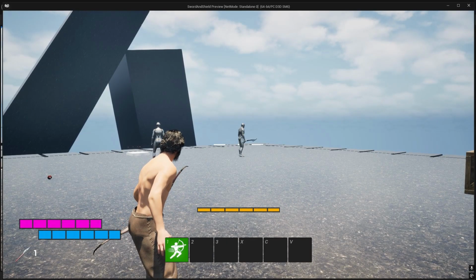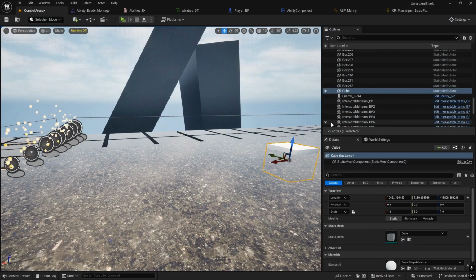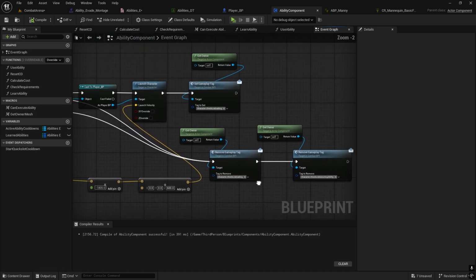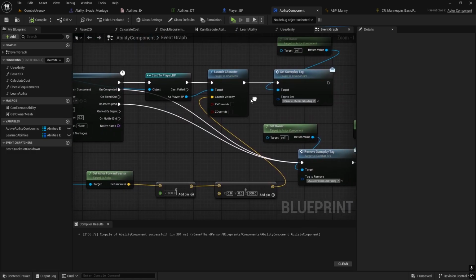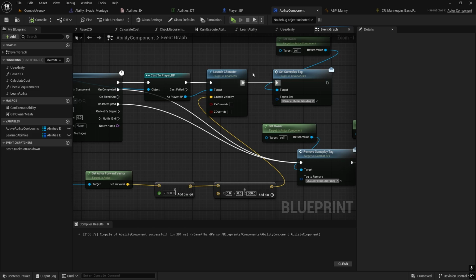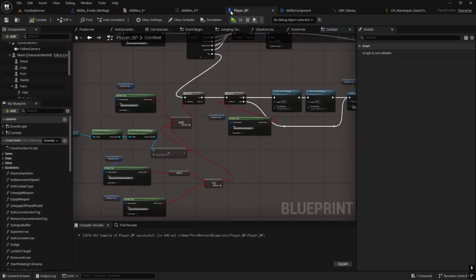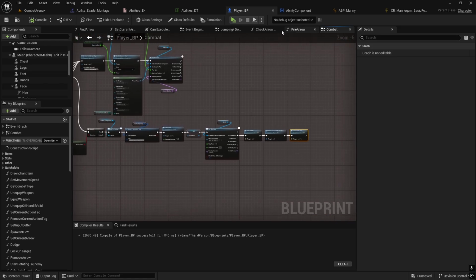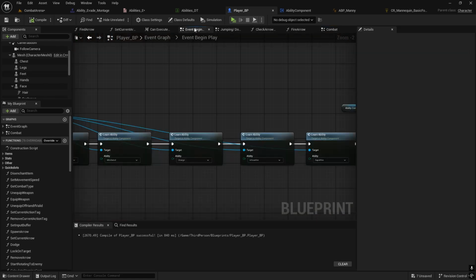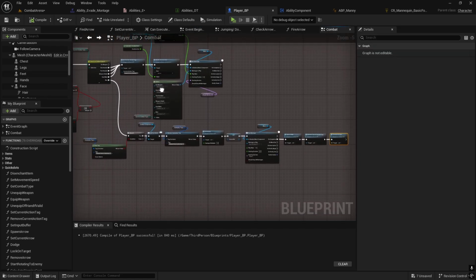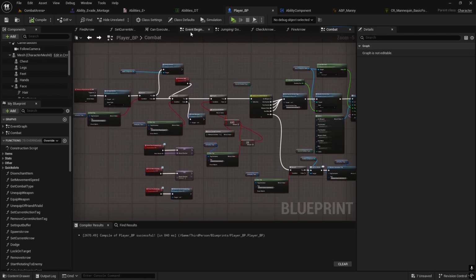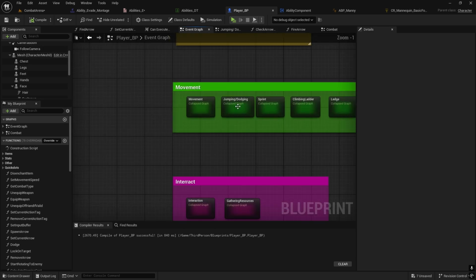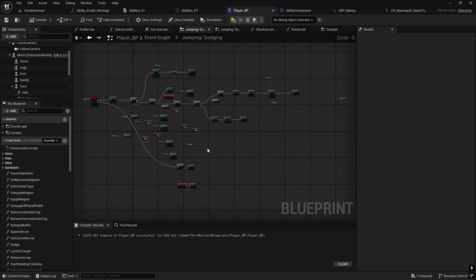So I messed up something, which is, let's see, so ability component, I'll be removing the gameplay tag, evading, yes. Right, okay. So one more thing I forgot. So this one, we need to go to regular event graph again, and just return me to combat. I want to go to event graph, and here where we got the jumping and dodging, open it up, and